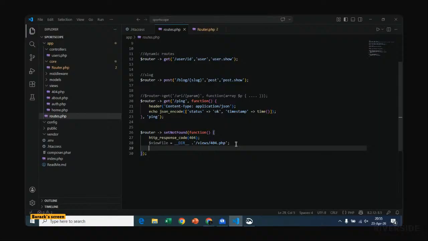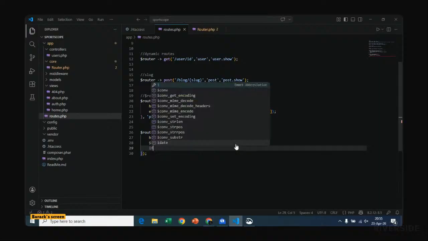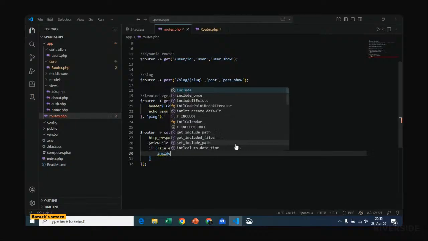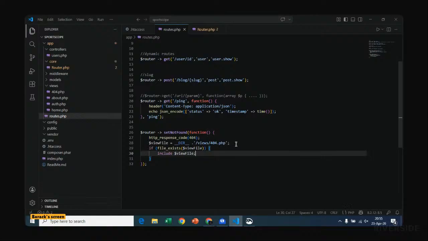Having defined that, we shall say that, just like we did earlier, if the view file exists, then what should we do? If that file exists, then we need to include it. I think that's what we did. We need to include this view file, or else